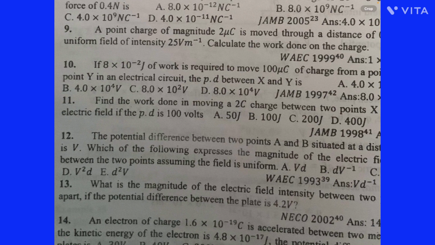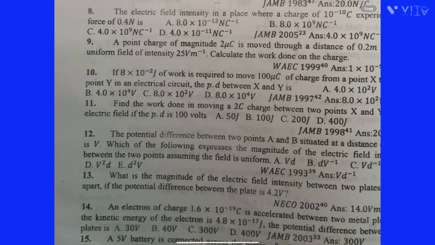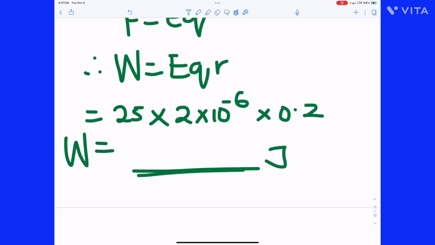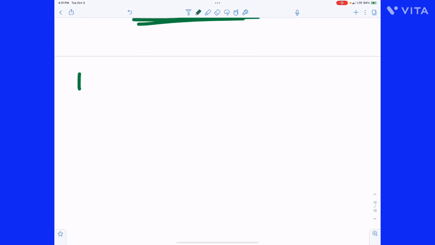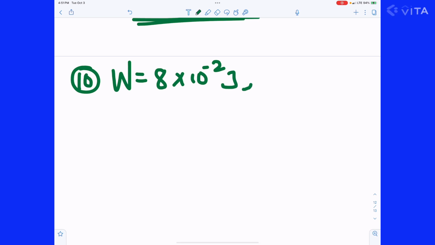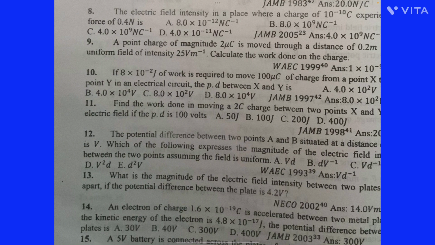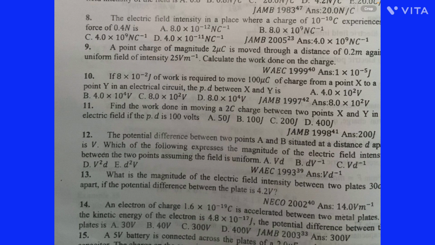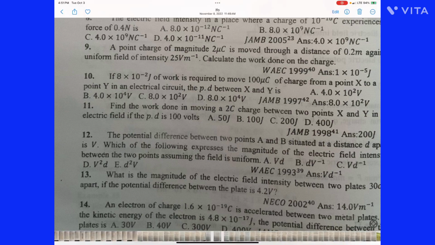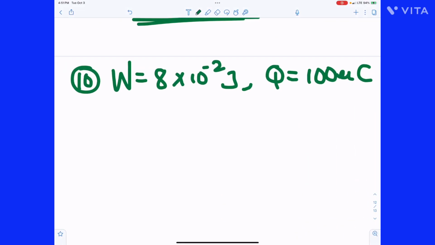The PD between X and Y is, okay, number 10. Work done, 8 times 10 raised to the power minus 2 joules. Charge moved, 100 microcoulomb. Let me be sure, charge moved is what? 100 microcoulomb, correct. What is the potential difference between them? So we are looking for V between the two points X